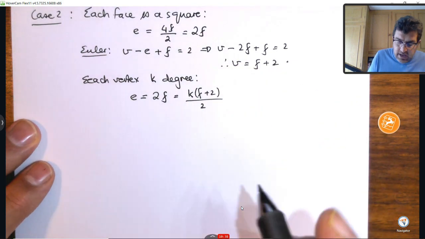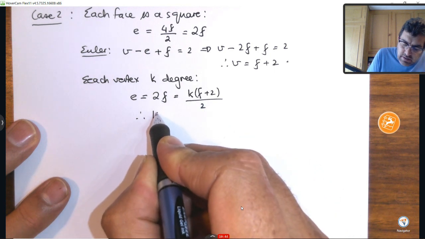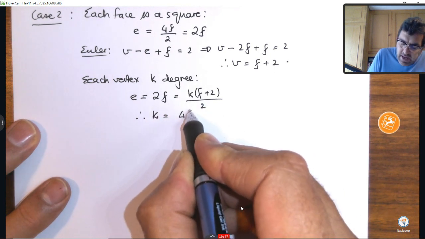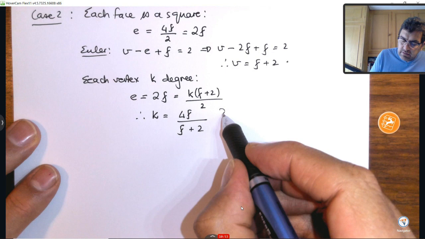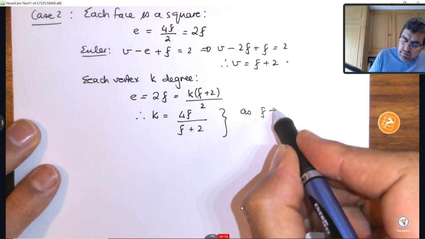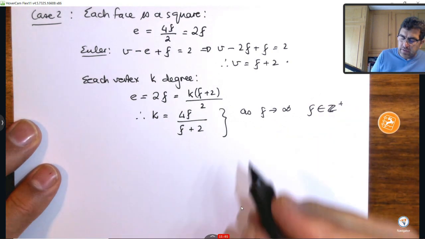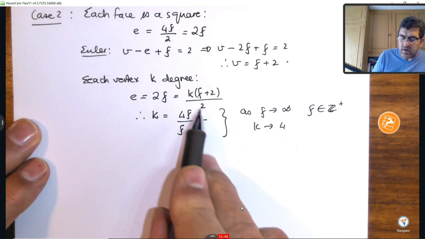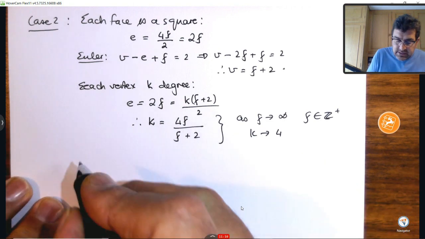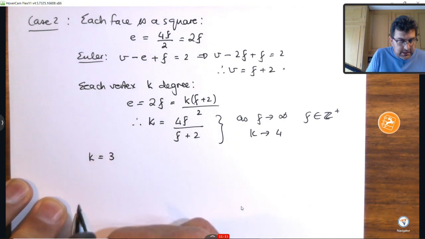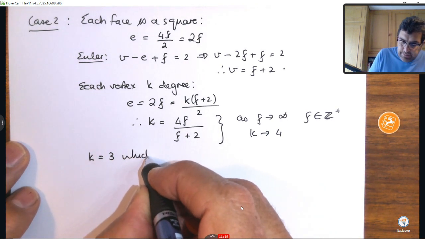Okay, so with that now I can get k by itself, so I'm going to use these two. k will then be 4f divided by f plus 2. Now if I look at the same here, as f is approaching an infinitely big integer number, the k value approaches 4. So there's a horizontal asymptote at 4. Okay, which means the largest that k can be in this case is indeed 3, which produces